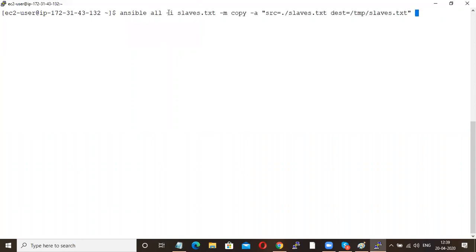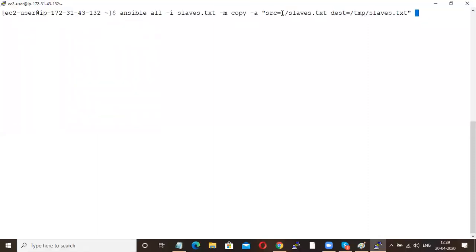Ansible all -i is your inventory file -m copy -a. Sorry, Ansible is Ansible command. All go and hit in all my slaves machines. -i is your inventory file. This is your inventory file. -m is module, copy module. -a src is source.